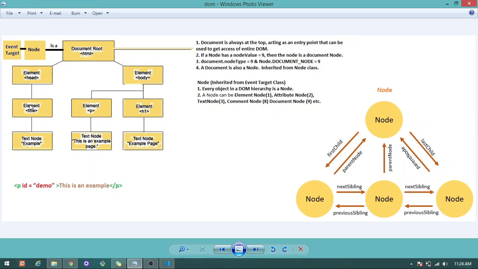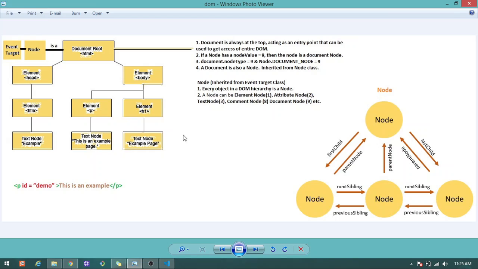It's just a calling purpose, means it's a node. A node can be an element node, or the attribute node, the comment node, the document node. So everything is a node here.